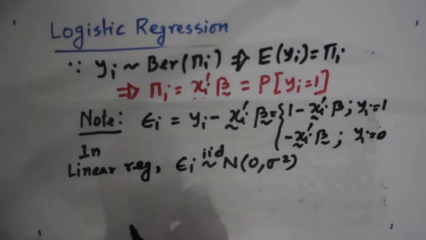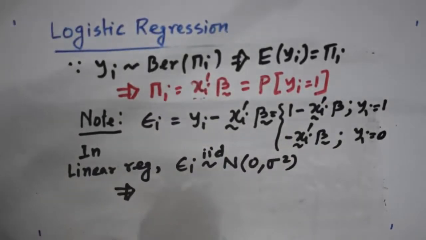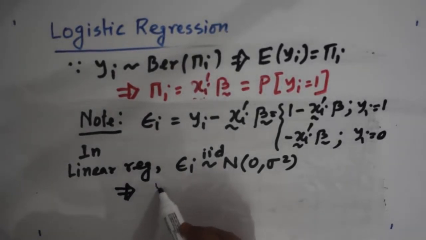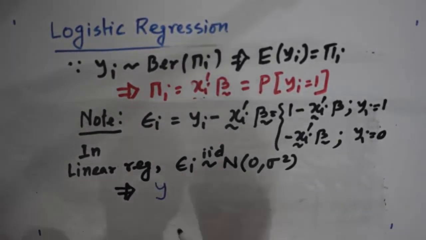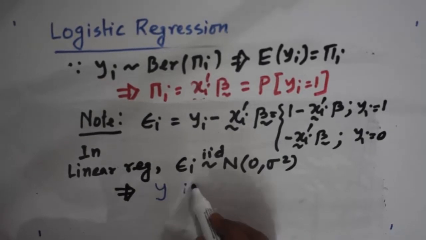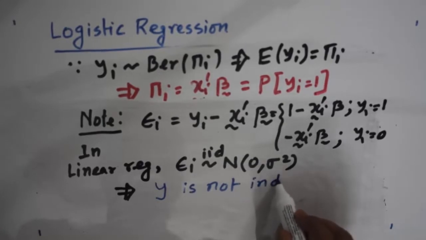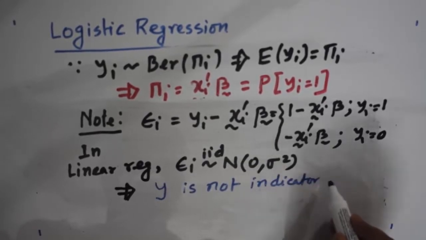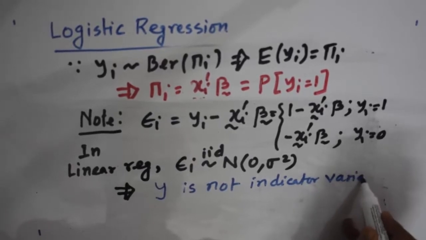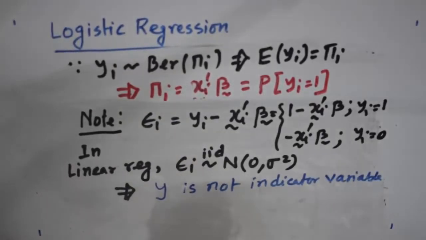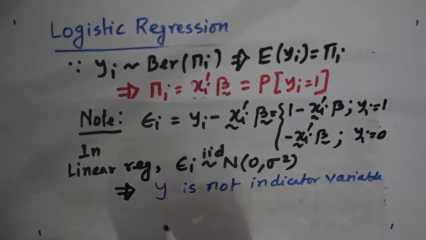So this implies y is not an indicator variable. When y is an indicator variable,